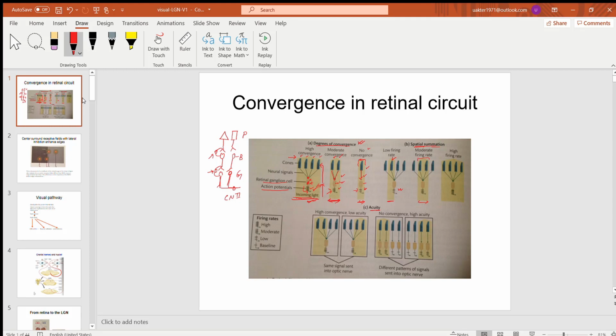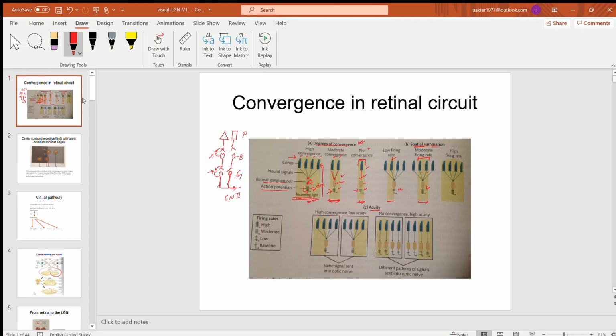So the convergence here is more, and that will activate the ganglion cell more. So you see, if you shift the location of the stimulus, which area of the retina or which photoreceptors are being activated, right, that can be detected by the response of the